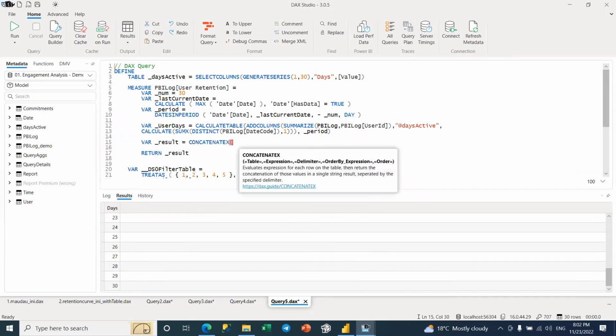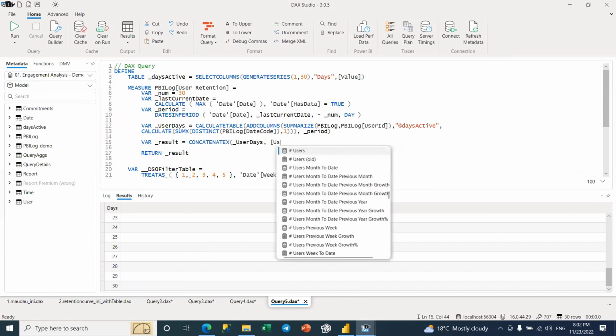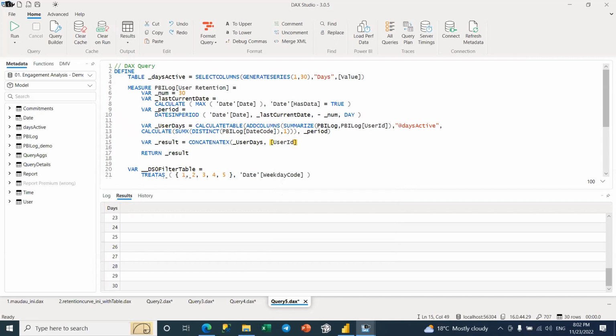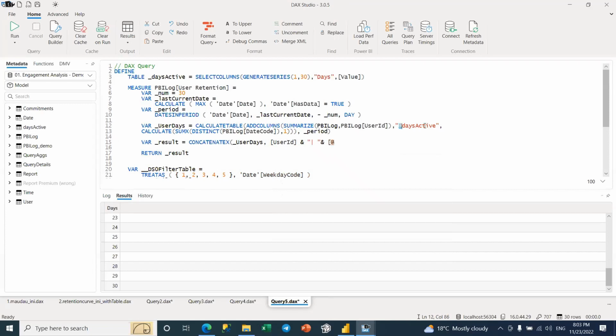Again, same formula, concatenate X of user days. And what we want to do is I want to see the user ID. And I want to know the number of days that that user ID opened our dashboards. So we need to get the extra column that we have in this particular virtual table. It is not exactly a data cache, but the virtual table that we're calculating here, okay? This is a table of 2 columns, the user ID and the days active, filtered by the last 30 days of our filter context. So days active,